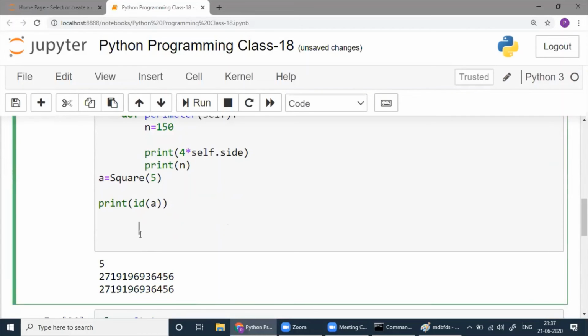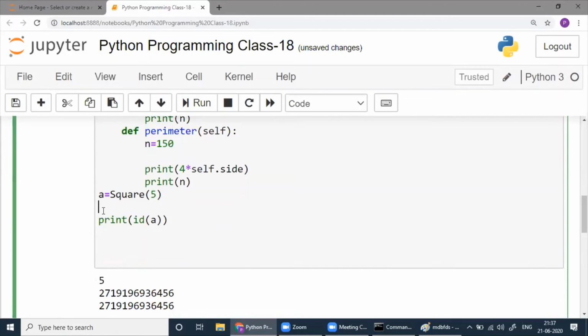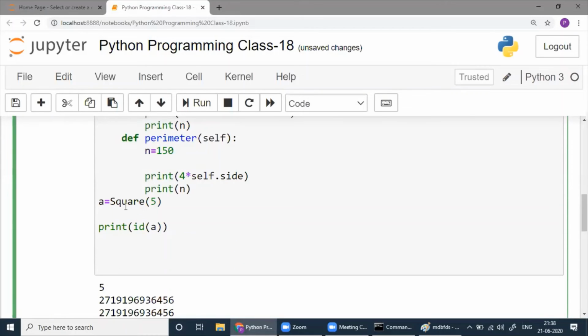That we checked already. What will happen is when you create another object here, then that object ID will be transferred to self. So whatever ID B object will have, the same ID self. So self is not constant. That's what I wanted to say. You can check that. We got 2 last time. Suppose now you change B to another one. You write 7. Simultaneously if you write, it will create a problem.